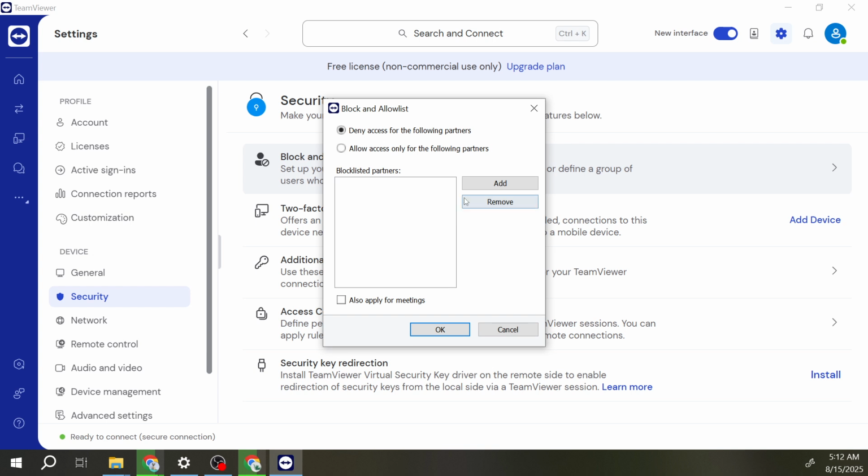Now, you can proceed to the crucial part: blocking specific users. Inside the Block and Allow List, you'll spot the choice titled Deny Access for the following partners. This is the step where you can add specific TeamViewer IDs or contacts that you'd like to restrict. Think of this as setting a virtual Do Not Enter sign for those specific individuals or devices. Carefully add the IDs you wish to block and ensure that they're entered correctly so there are no gaps in